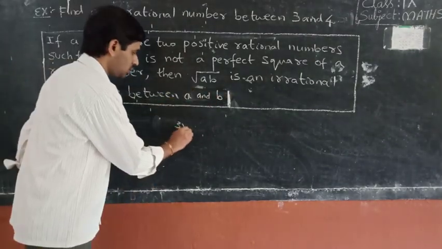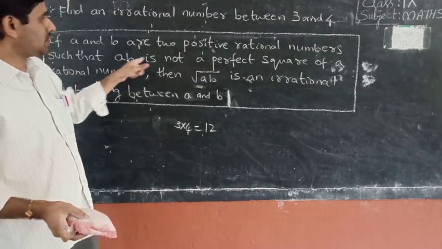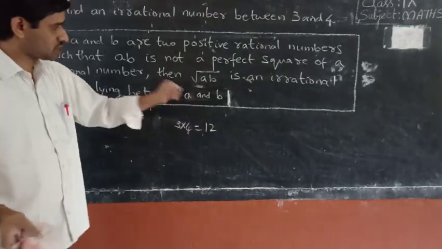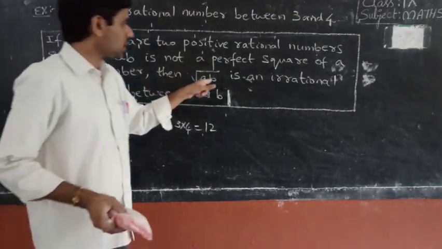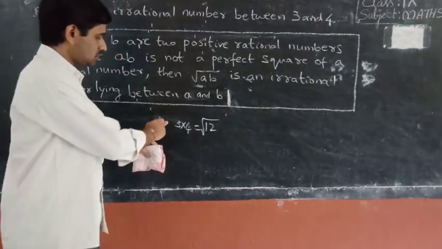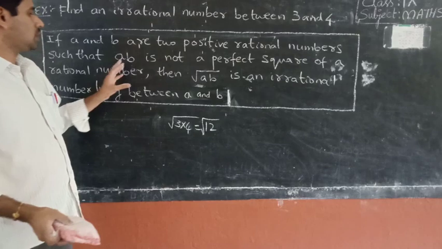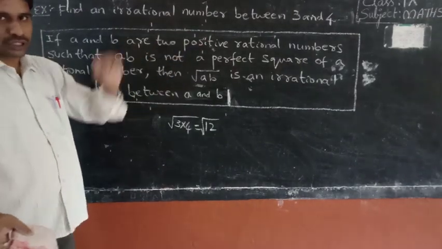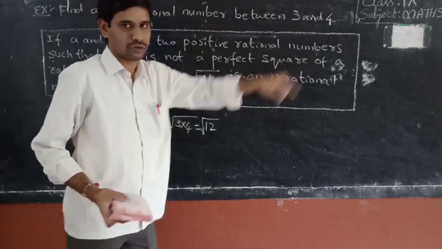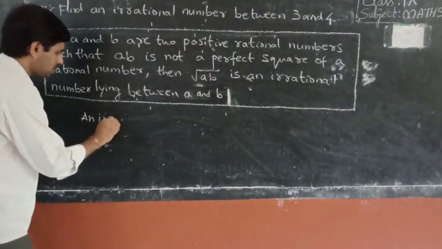For example, 3 into 4, 12. 12 is not a perfect square. A into B is not a perfect square of a rational number. Then square root of A into B, that means square root of 3 into 4, is an irrational number between those two rational numbers. Those two rational numbers are A and B, that means here 3 and 4. That means simply an irrational number between,